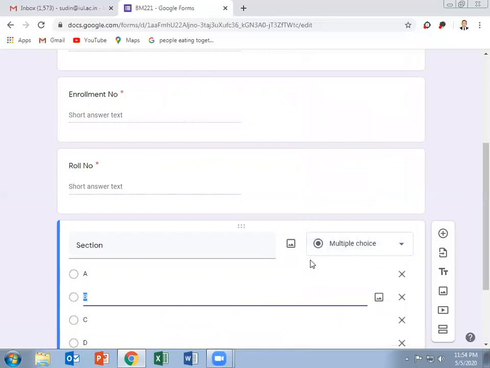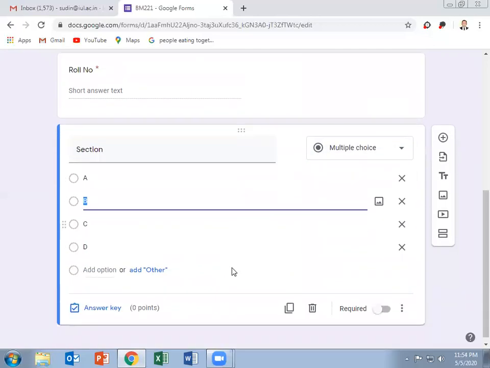So we have to take multiple choice, and the choice of section can be answered by the students. And this question is also mandatory for the students.